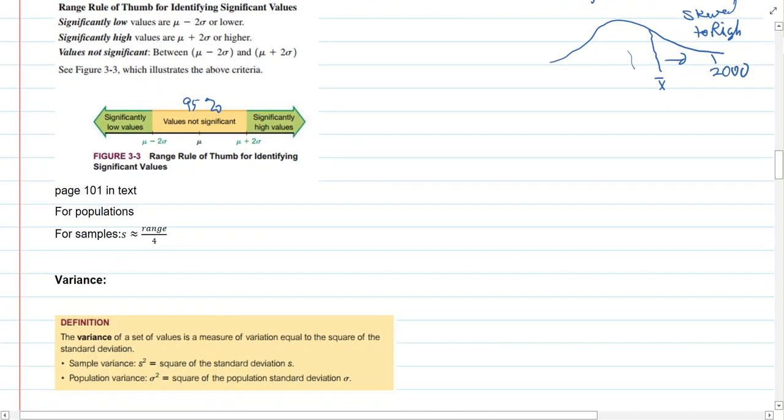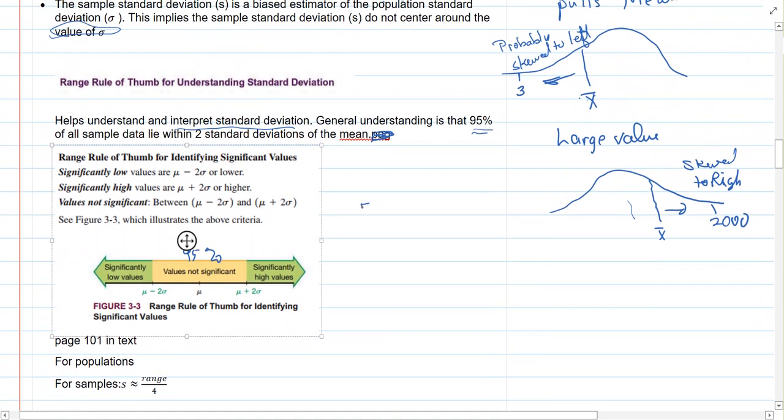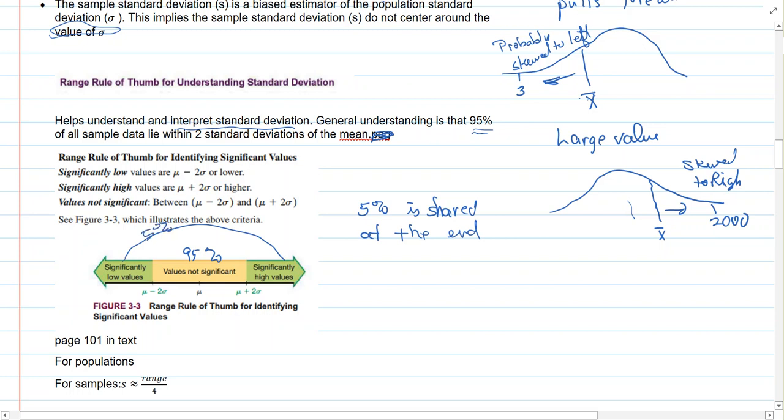So that means 5% should equal 5%. Now we're going to get to that specifically later on in the course. But right now, you need to know the bulk of this information. 5% is usually the standard